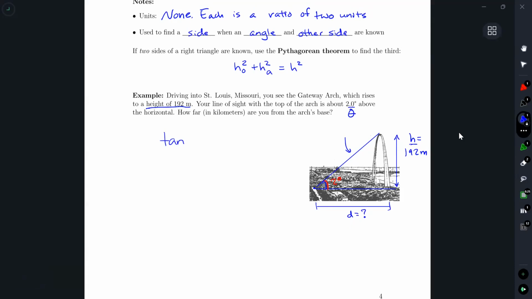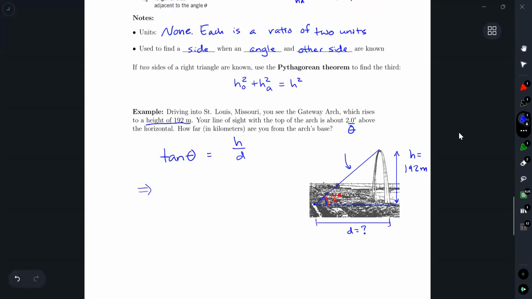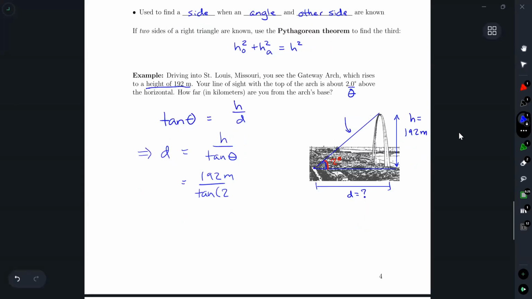If I set that up, I say tangent of theta is going to be h over d, opposite over adjacent. If I want to solve for d, I just do some multiplying, dividing. It's h over tangent theta, or 192 over tangent of 2 degrees. These point zeros up above are just relics of when I did care about sig figs. So if we did concern ourselves with it, we'd get that this is to two significant figures, 5,500 meters, or